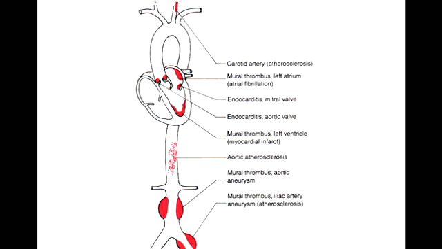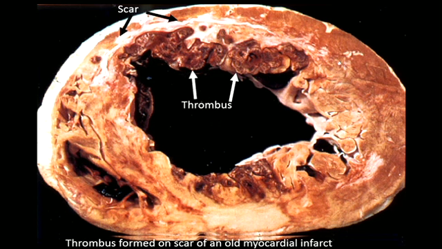So that's on the arterial side and the heart. So there you go. Here's a picture. An old myocardial infarct, the thrombus formed on scar in an old myocardial infarct. So you see the scar? Remember, scar tissue by the naked eye is white. Now this stuff here is not cardiac muscle. That is thrombus. Coagulated, and it's because of two things. Yes, turbulence, Juliana, yes, and the exposure of collagen from the scar. So this is cardiac muscle there, which doesn't look that good actually, but that is scar tissue there, and here's your thrombus.